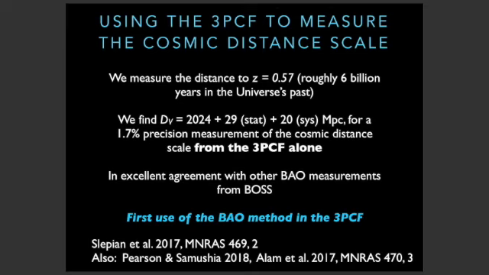Now, to remind you, this sample of BOSS got roughly, I think, a 1.1-ish% measurement of the BAO scale from the 2-point function. So I would say the 3-point function on its own is comparable, but not, let's say, competitive. We're not advocating you replace 2-point function with this. We're just saying, why not take that additional information that's in the survey anyways, and all it requires is a little extra compute time.